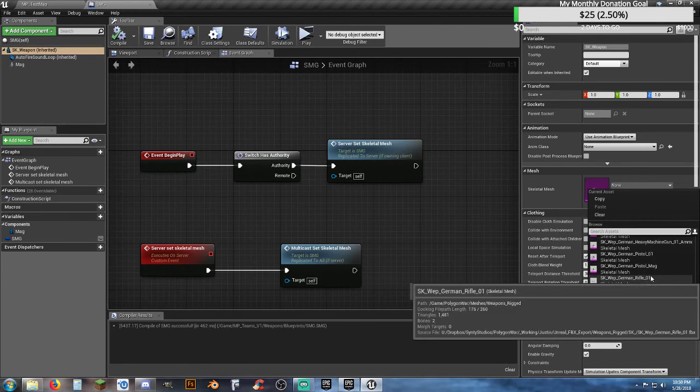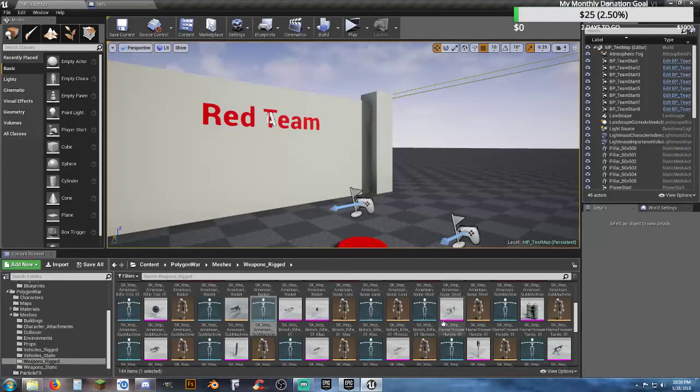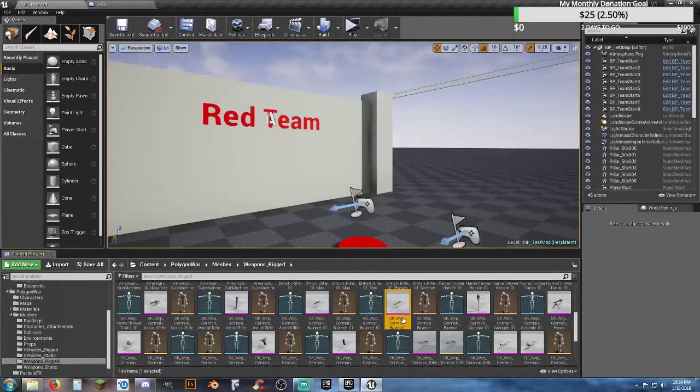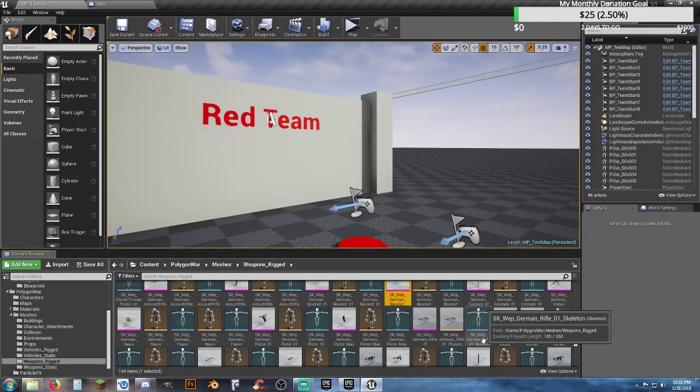Yeah. I'm going to give a generic rifle, the German rifle, to the default skeletal mesh, so that there's at least a skeletal mesh in there. That'll fix the muzzle flash probably. Yeah. But it won't fix the weapon spawning incorrectly, but...